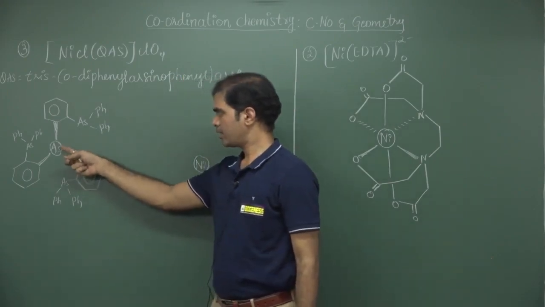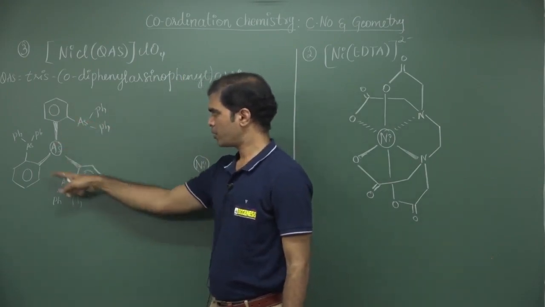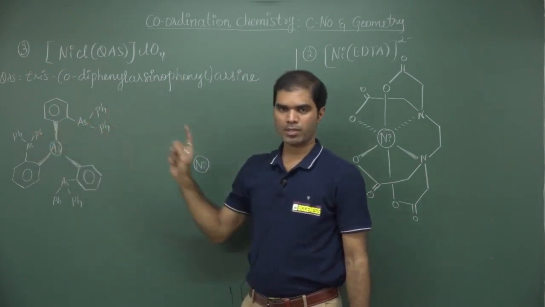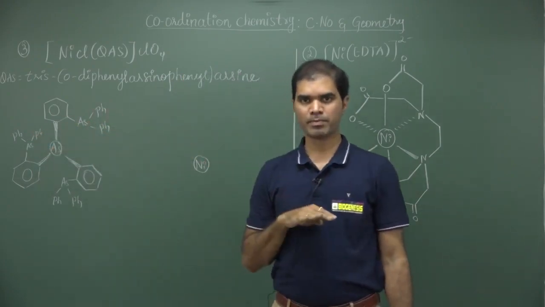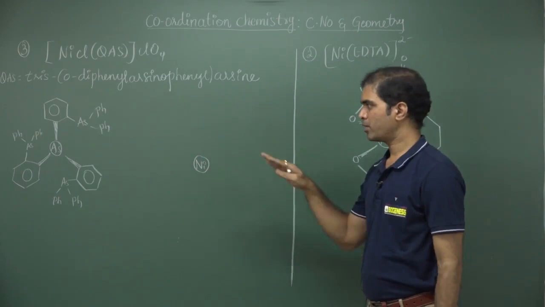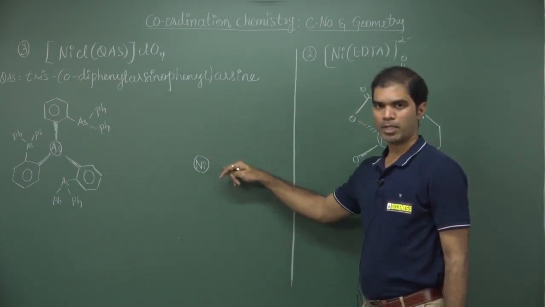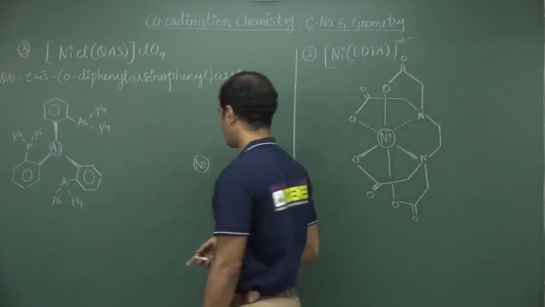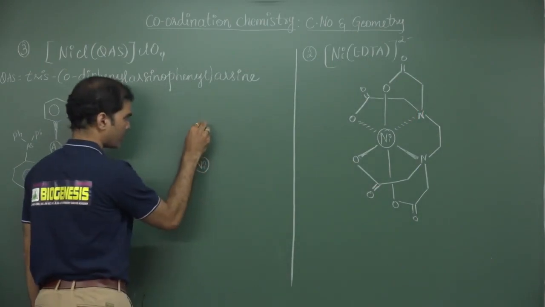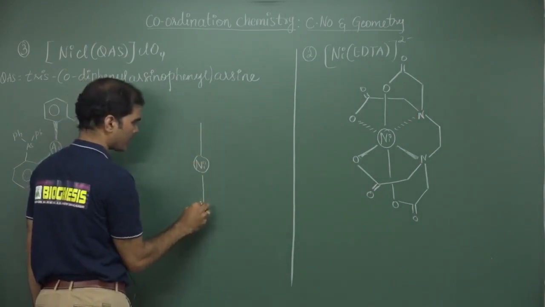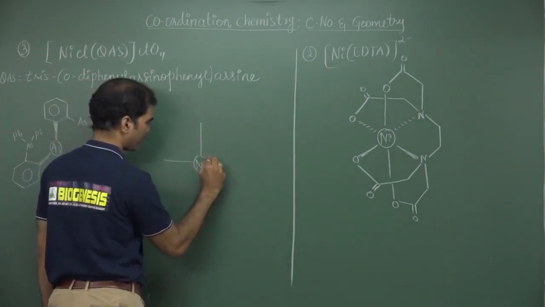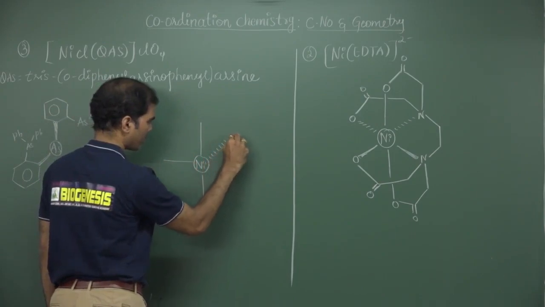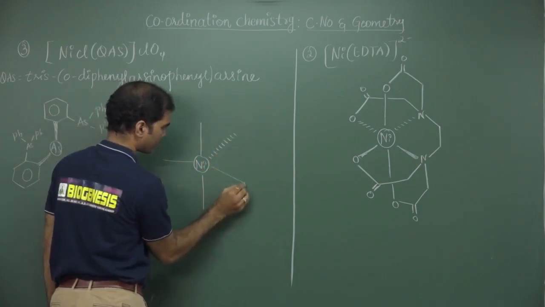This is similar to that. 1 arsenic, again it is being suspended with 3 more arsenics. So it is not at all convenient to form a square plane. Instead it is convenient to give a trigonal bipyramidal geometry. How to draw this structure? You can watch it. First let me put the basic geometry, trigonal bipyramidal.